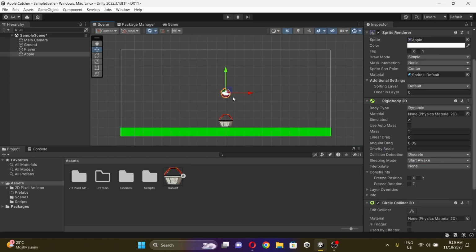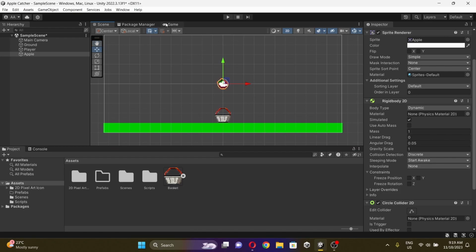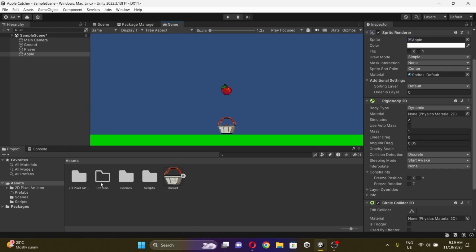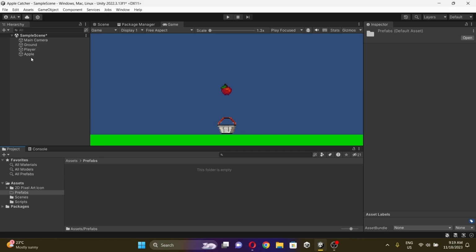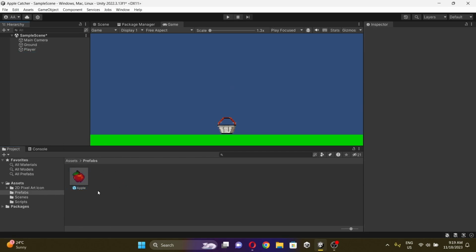And the reason why we're adding a rigid body is that when we spawn it from the top, it just falls down, and the circle collider is because the apple is almost a circle. So in the prefabs folder, we'll drag the apple here, and I'll show you what I mean. Okay, so for example,